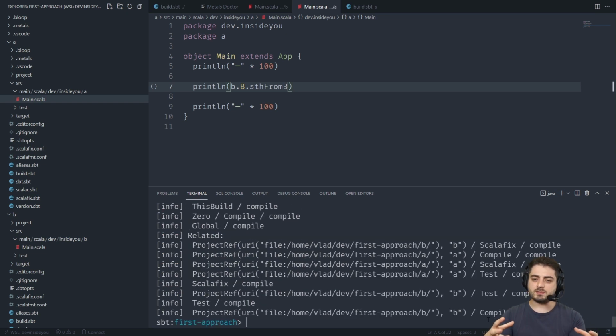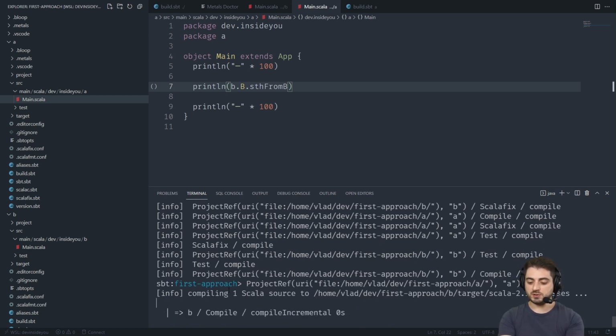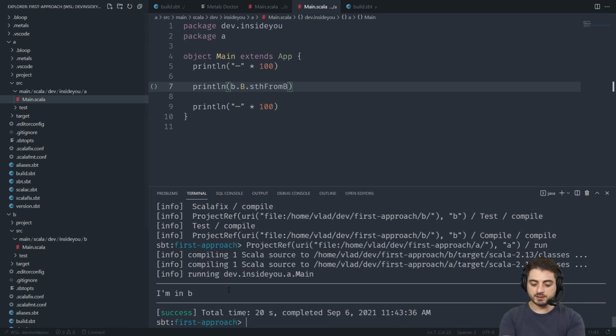And because we have this wrapper project and inside of it we have 2 projects, SBT actually allows for an interesting syntax over here. I actually have no idea where it comes from, and I have no idea whether it's a bug or a feature. We have already seen this before, where you can just do this thing and then /run. Okay, let's create more space.